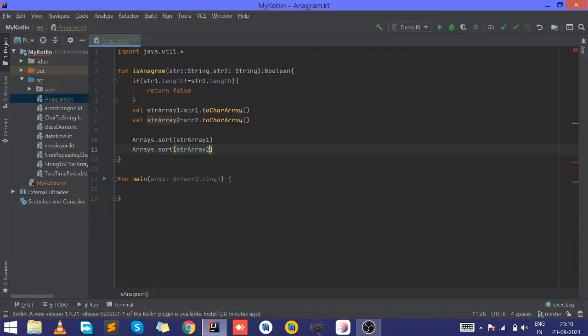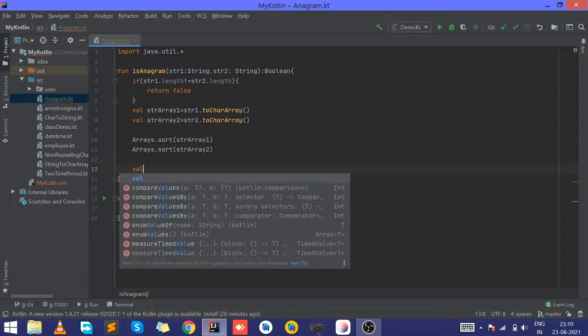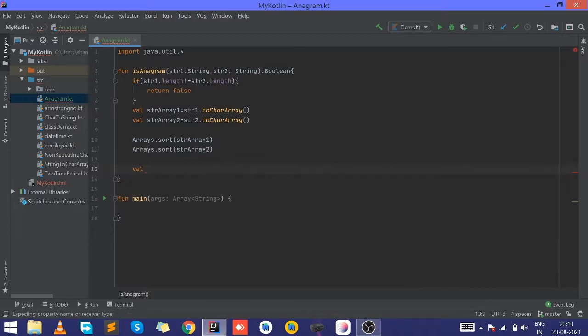Now we can convert both sorted arrays again into string values. There is nothing else, no headache.